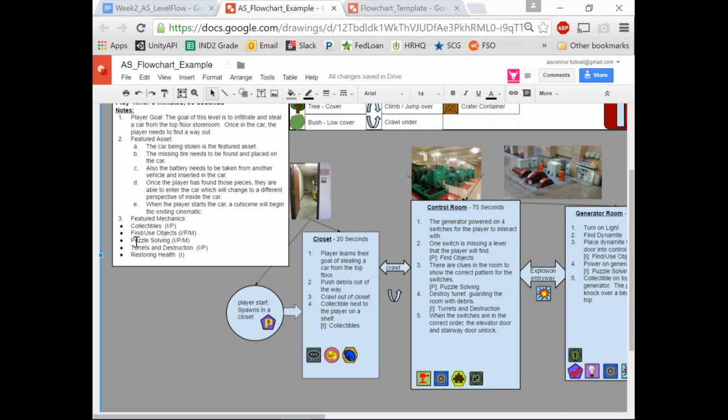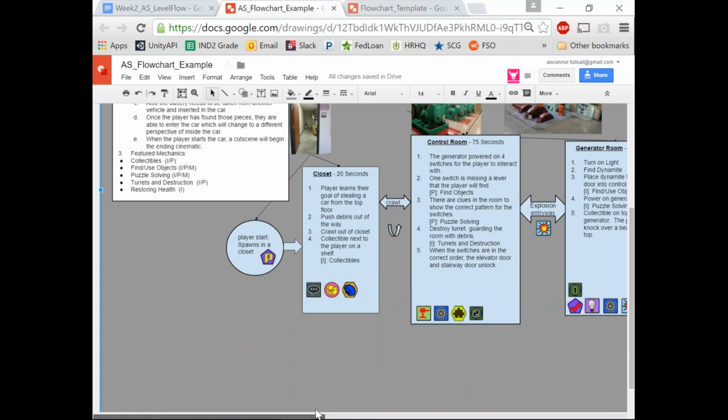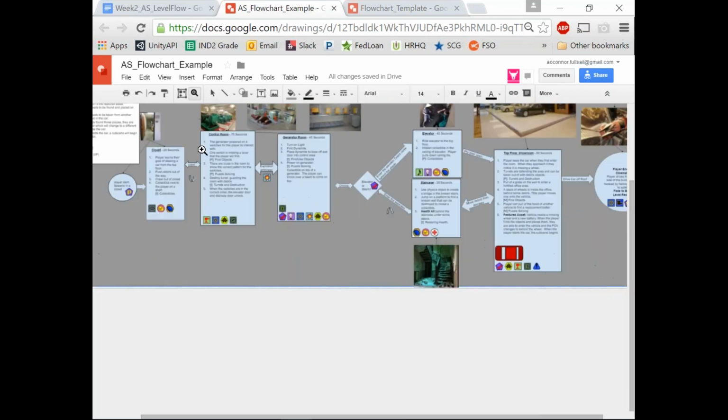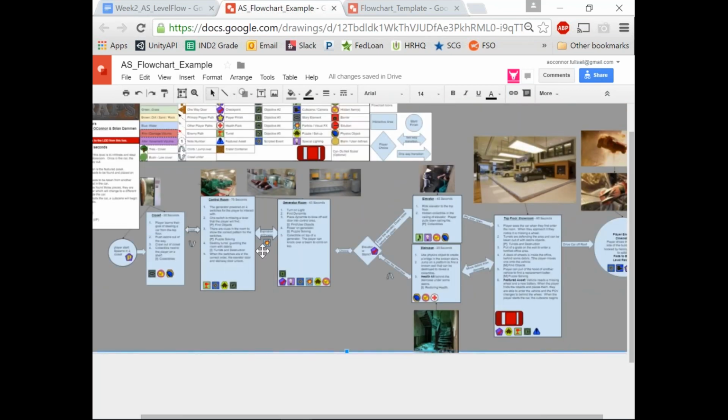Because you don't want the player to enter the control room and now here's this mastery level platforming section that I have no idea how to solve because it's the first time I've seen it. So you want to definitely be going in here and actually pacing out your different mechanics and how you're going to be using them. And then once you have this completed, start to group them together, and if Google will cooperate with you, which it sometimes does,